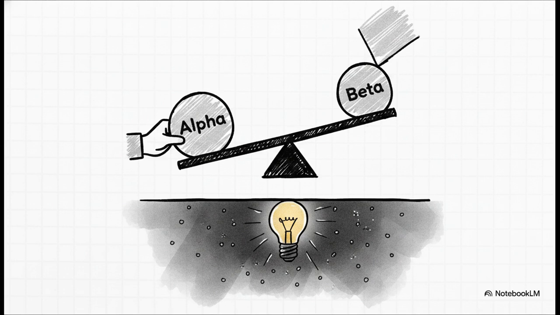If we want to be super careful and decrease alpha, say dropping our significance level from 5% down to 1% just to avoid those false alarms, we naturally increase beta. That means we'll reject the null less frequently, and as a result, we'll miss more true discoveries. The absolutely only way to cheat this seesaw trade-off and reduce both errors at the exact same time, you guessed it, gather more data. Increasing your sample size, your N, is literally the statistical equivalent of turning on more lights